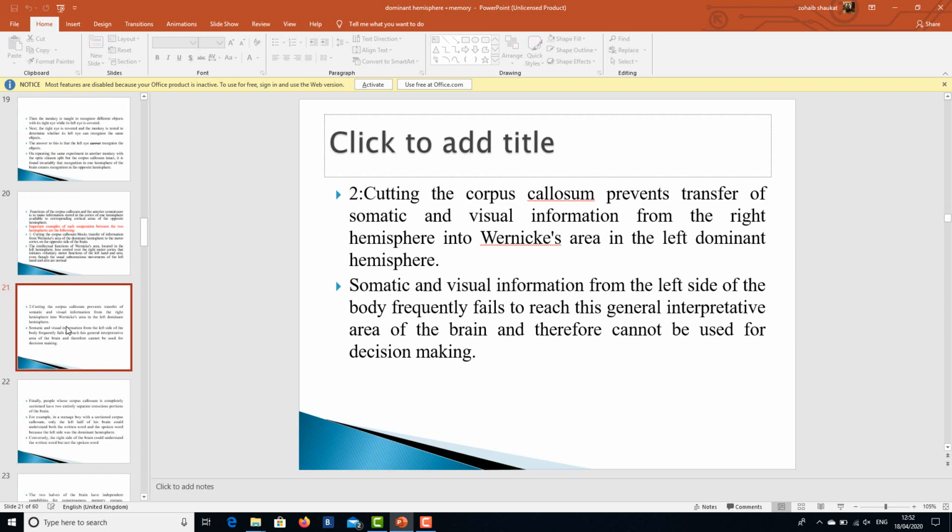Cutting the corpus callosum prevents transfer of somatic and visual information from the right hemisphere into Wernicke's area in the left dominant hemisphere. Somatic and visual information from the left side of the body frequently fails to reach this general interpretative area of the brain, and therefore